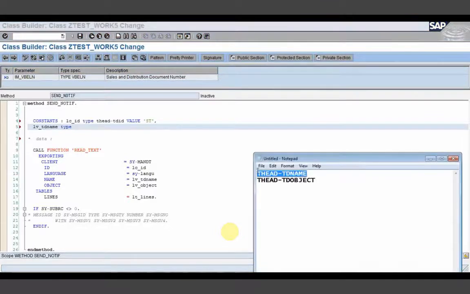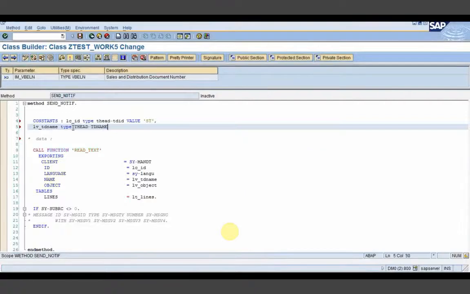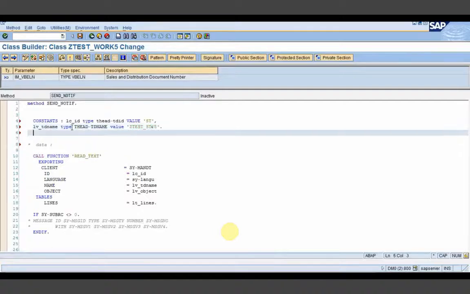This TD name will actually contain the name of the standard text, whatever we have defined. So the name of the standard text was ztest underscore st05 perhaps.